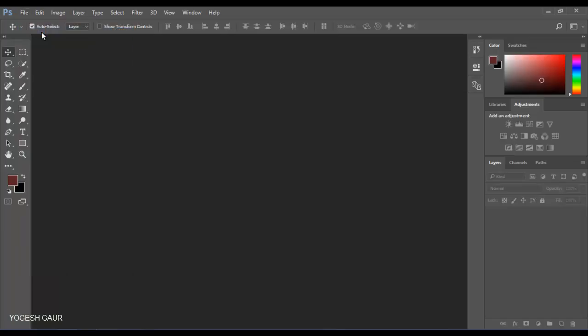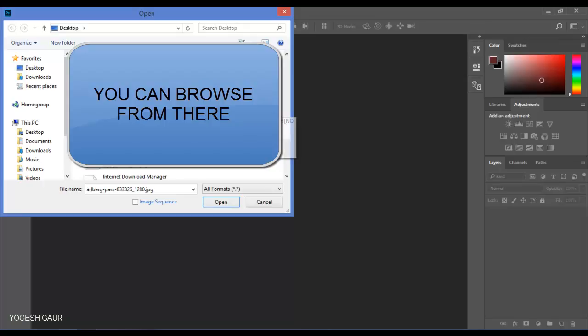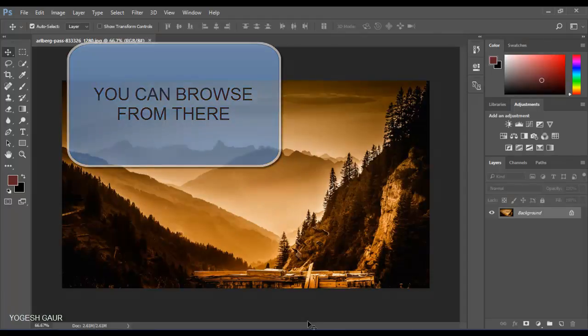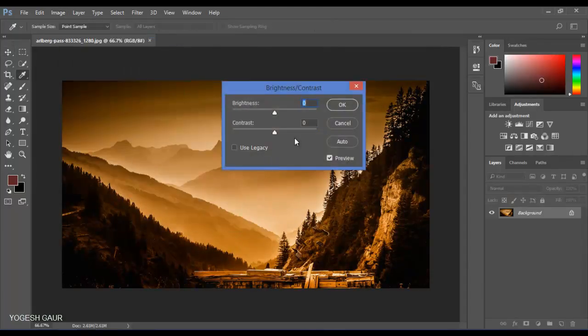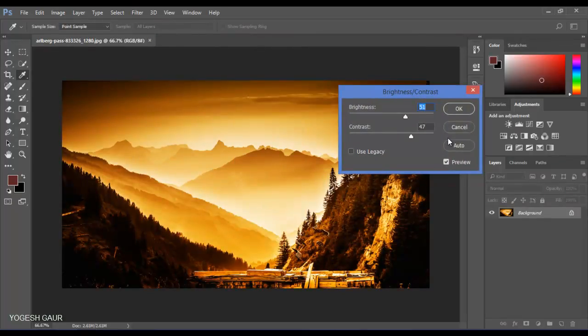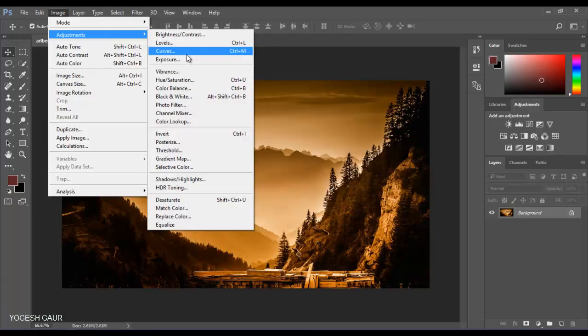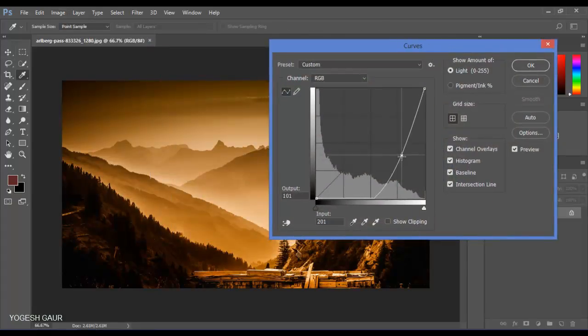I will open the desktop. I open this. So, okay guys, when I go to Image I choose Adjustments. I can take brightness, contrast of the image, anything I want to do. Okay guys, and I can choose any image type, auto tone, auto contrast, adjustments, curves. I also choose curves to adjust the image.